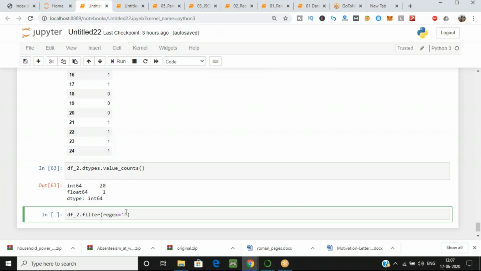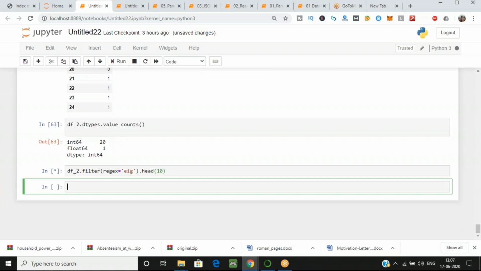I want the columns which have the string EIG in their column name. I just want that, and I want 10 values for this. Okay, let's execute this one. Can you see?